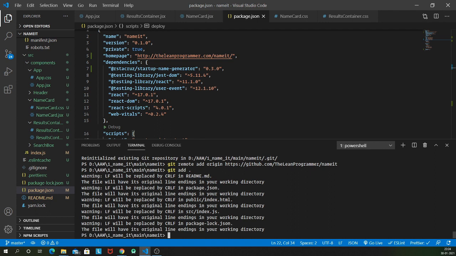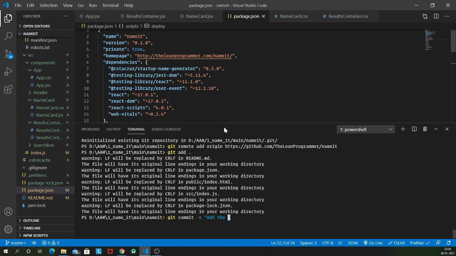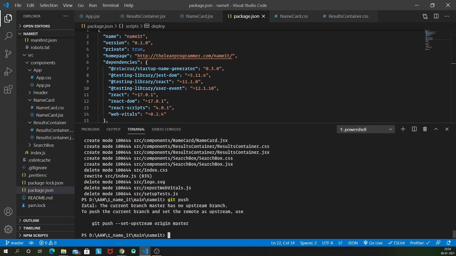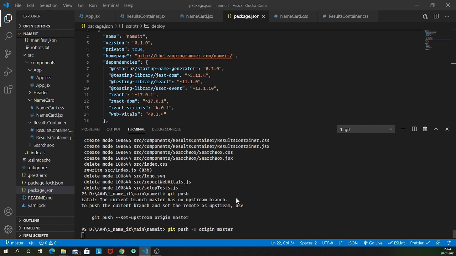Again, this is something specific to Git, which I'm not covering in this video, but you can directly follow along. Git add dot and then git commit -m add the finished project or something like that. This is just a commit message, and then git push. You need to set the upstream as well. Git push origin master, and that's it.